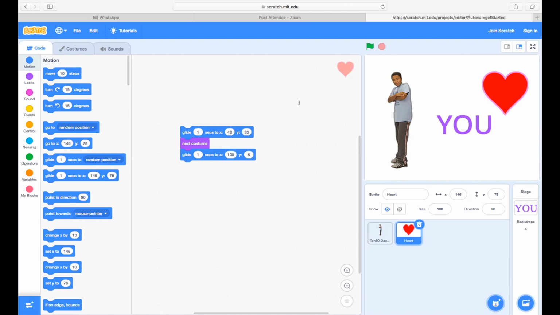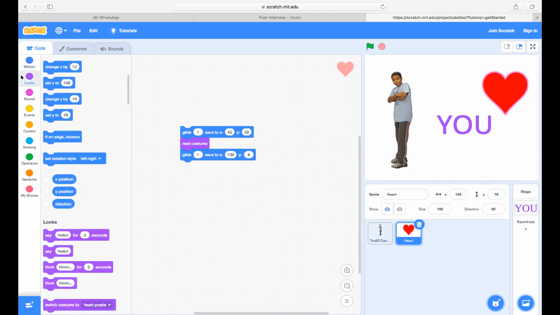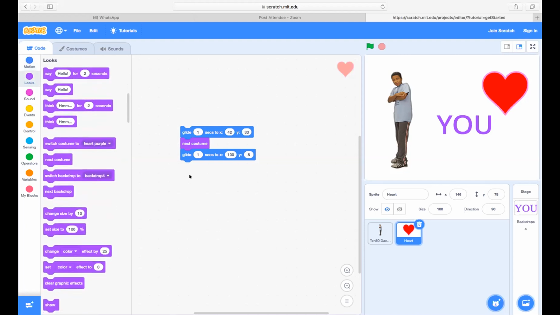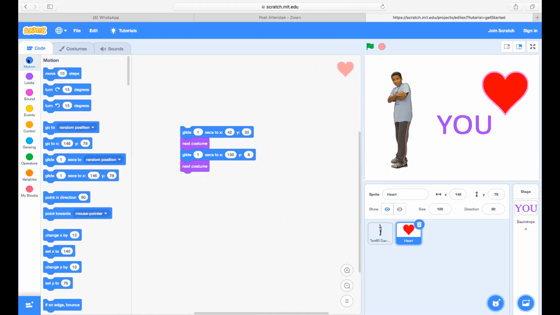Then again put next costume. Sir, we had to put glide 1 second, X 100 and Y is 8, right? Correct. Then again go back to motion. Say glide 1 second. Put below that. Put X as 42 and Y as minus 33.